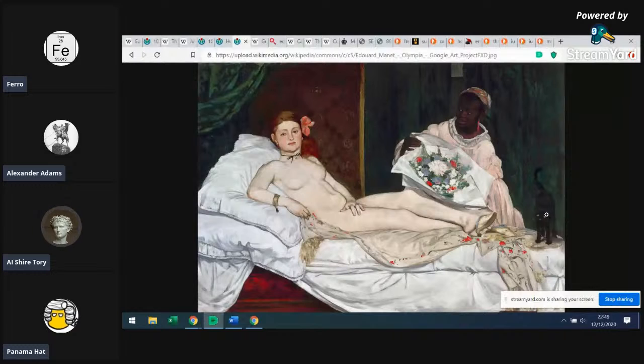I think what's interesting is that both the critics of the day of this and the left today would reach the same conclusion. They'd reach the same conclusion, but they would go different avenues to get there. Today it'd be like, oh, how can this poor black servant be subjugated and having to serve this woman who's been so indecent? And then the indecency back then was the fact that she looks pretty